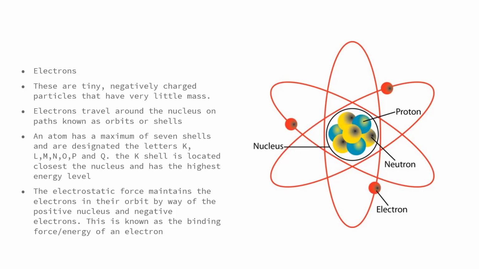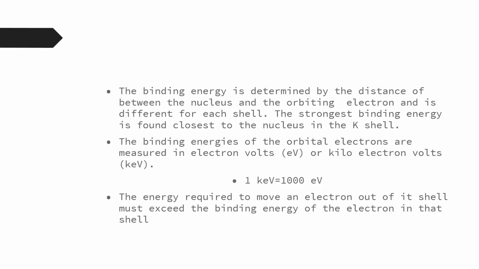Yes, Doctor. Good. So the binding energy is basically determined by the distance between the nucleus and the orbiting electron, and obviously it is different for each shell, right? It is measured in electron volts or kilo electron volts, all right? 1 kilo electron volt is 1,000 electron volts, all right? So again, more energy is required to displace an electron in the K shell compared to that of the Q shell,